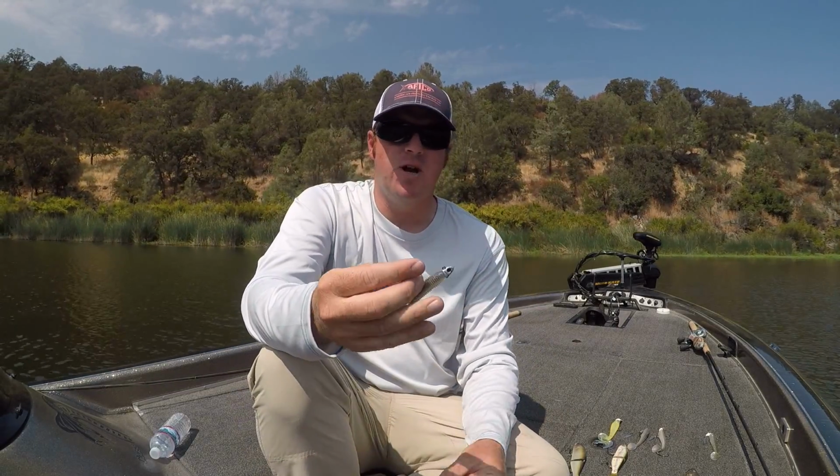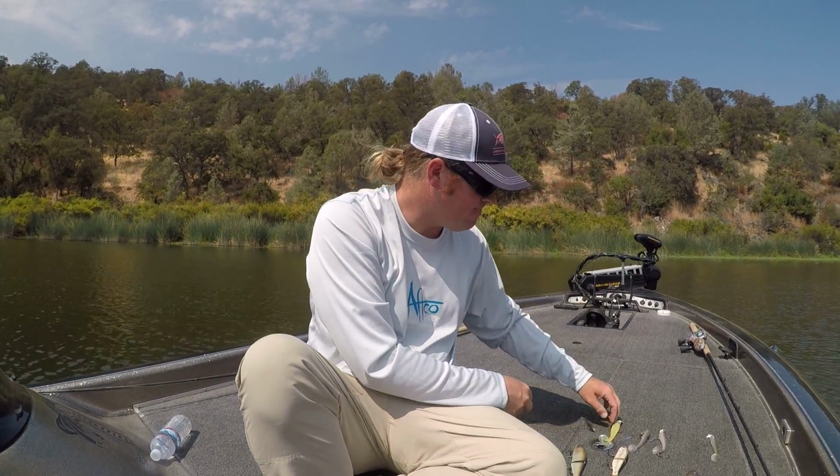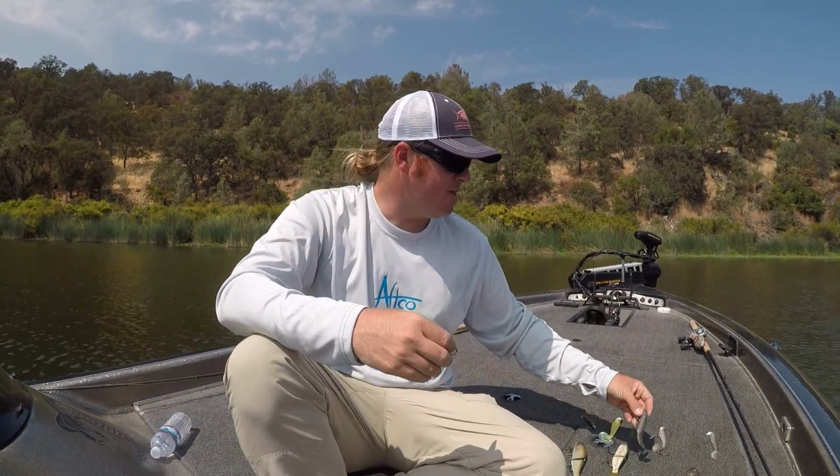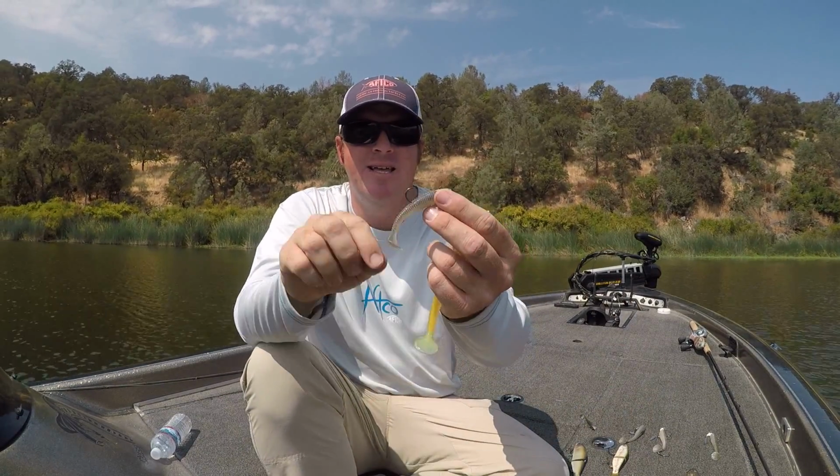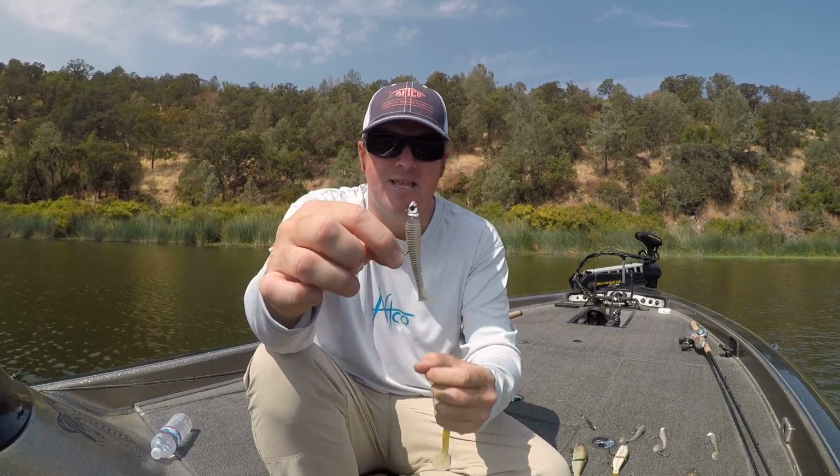So where do we go? Where do we start? What should you be throwing? Well, let's start off talking about the plain head versus the underspin, especially as it relates to the smaller baits. Typically the plain heads, whether that's with the little guy, that's like a little dart head, like this one,